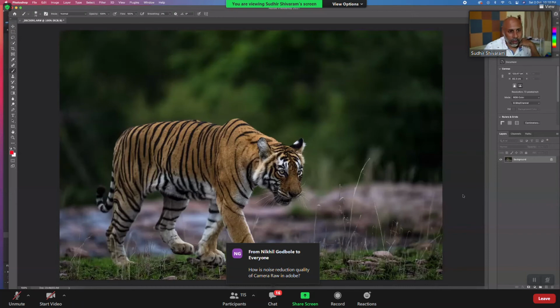Okay, now let me go to the questions from the down. Which feature allows us to focus on the eye and edit? That is basically the targeted adjustment, where we create layers, use the levels and adjust just for the eye portion, or for that matter, any portion in the image. So how is the noise reduction quality in the camera? In fact, not bad. But unfortunately, since we shoot in RAW mode, the noise reduction you use in the camera is not applicable for the RAW files. So that is the reason we will have to redo it here.